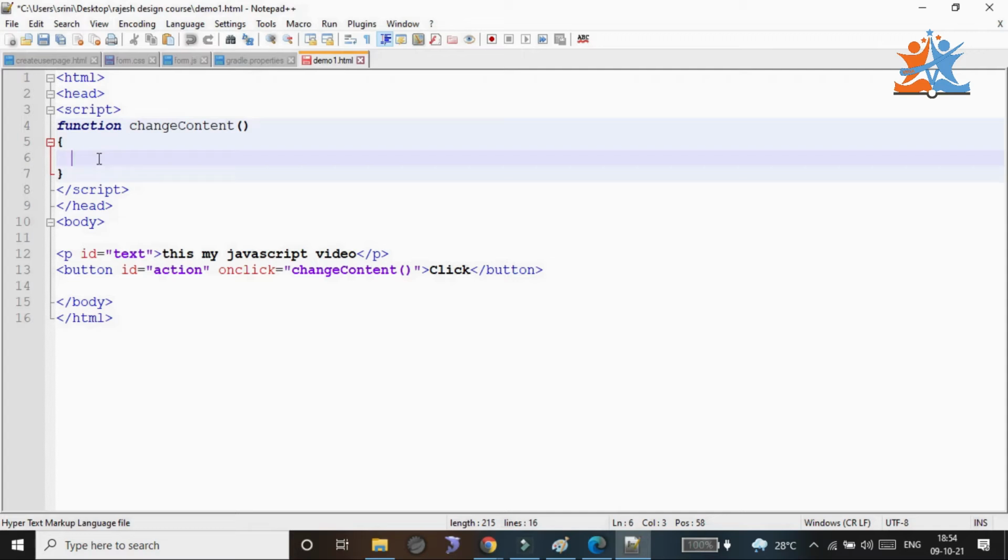So here I need to take one variable, that is var. Var is a variable declaration. For example, I take x as the variable name. That variable holds some element. How that element will be approached and how the process will be done, we will see. For example, var x is equal to